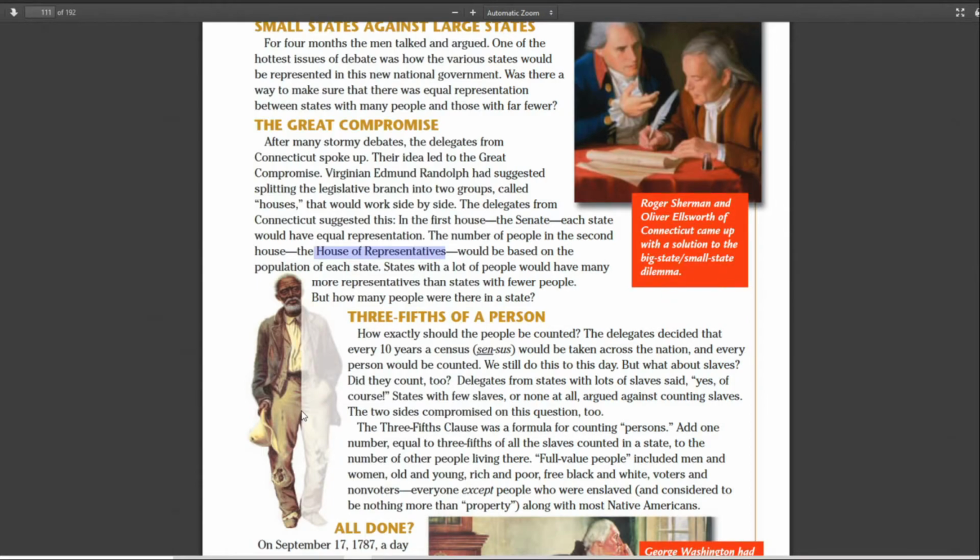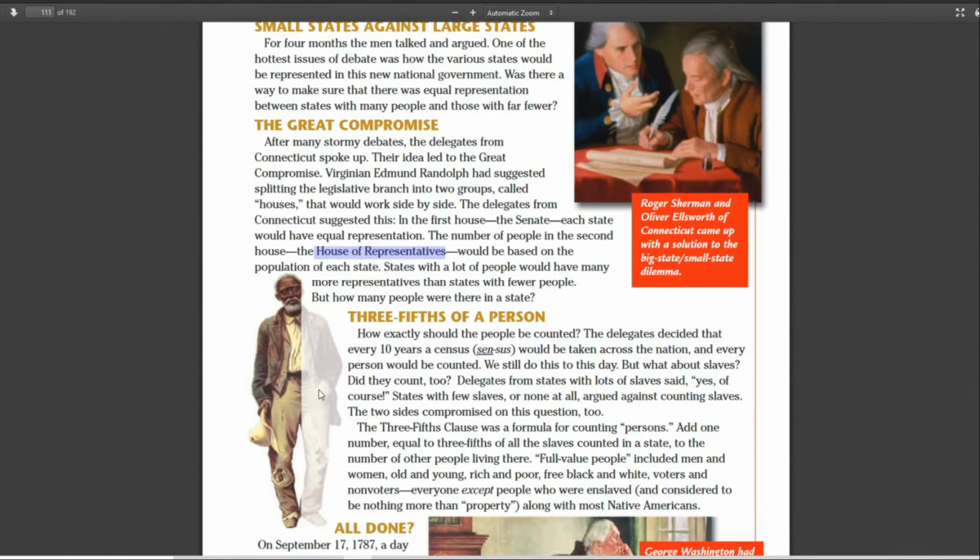Interesting thing about this is that people cite this as being racist or anything. First of all, let's remember this is slaves that we're talking about, so it's not free African Americans. Free African Americans were considered a whole person. And then, this is what's interesting, do you want them counted as a whole person? Because if you do, then you're with the slave states, because the slave states wanted them counted as a whole person. It was the free states that said, no, you can't count slaves. The more you can count, the more representatives they get in the House of Representatives. So the slave states wanted the slaves counted as a whole person.